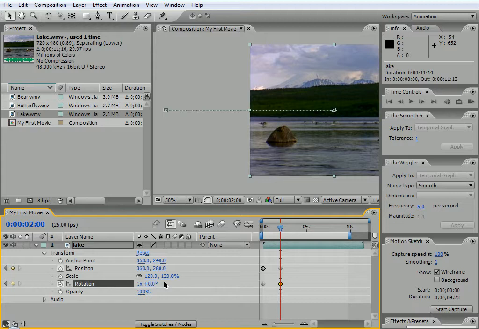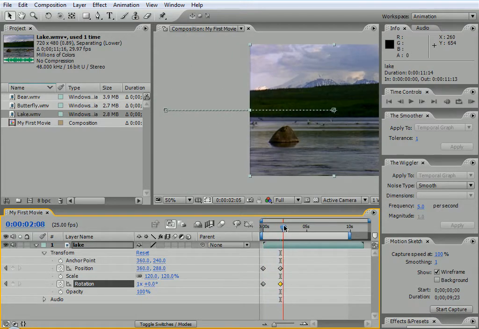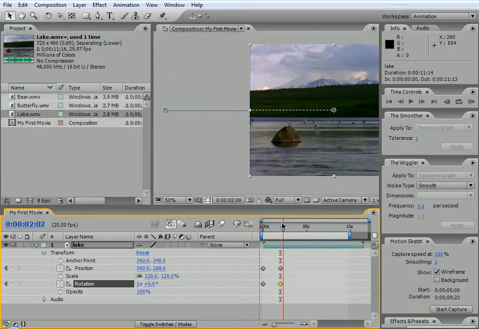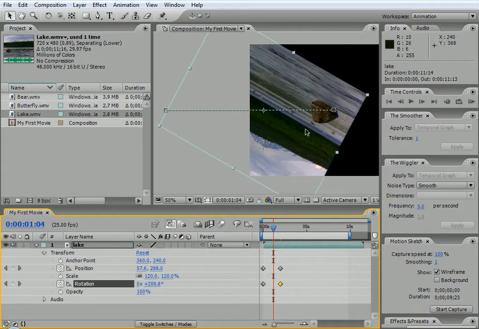So it goes back to the original orientation, but in the meantime it would have rotated. So I'll scrub back and forth, and I will see that the movie is coming and rotating at the same time and playing. In case I didn't want it to play while it comes, I would have to use an image instead of a movie and use that. But otherwise,